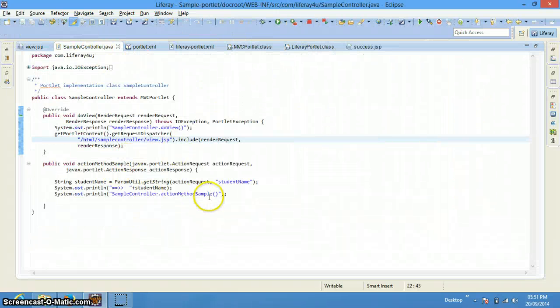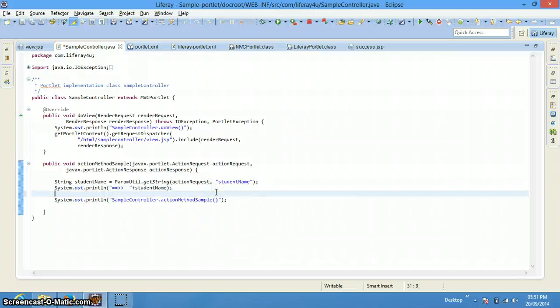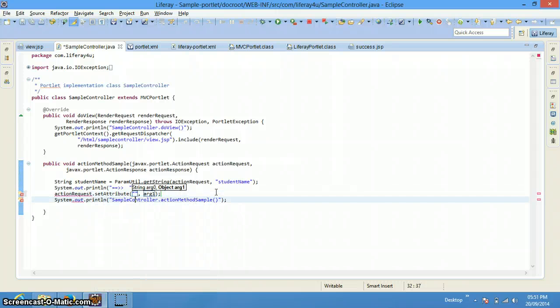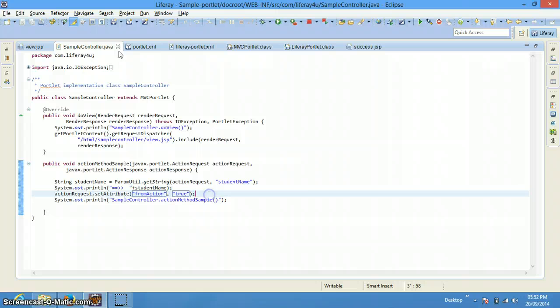So what I'm gonna do is, I'm going to put an object in my request attribute, action request dot set attribute, and I'm going to say from action is equals to true. Okay, so